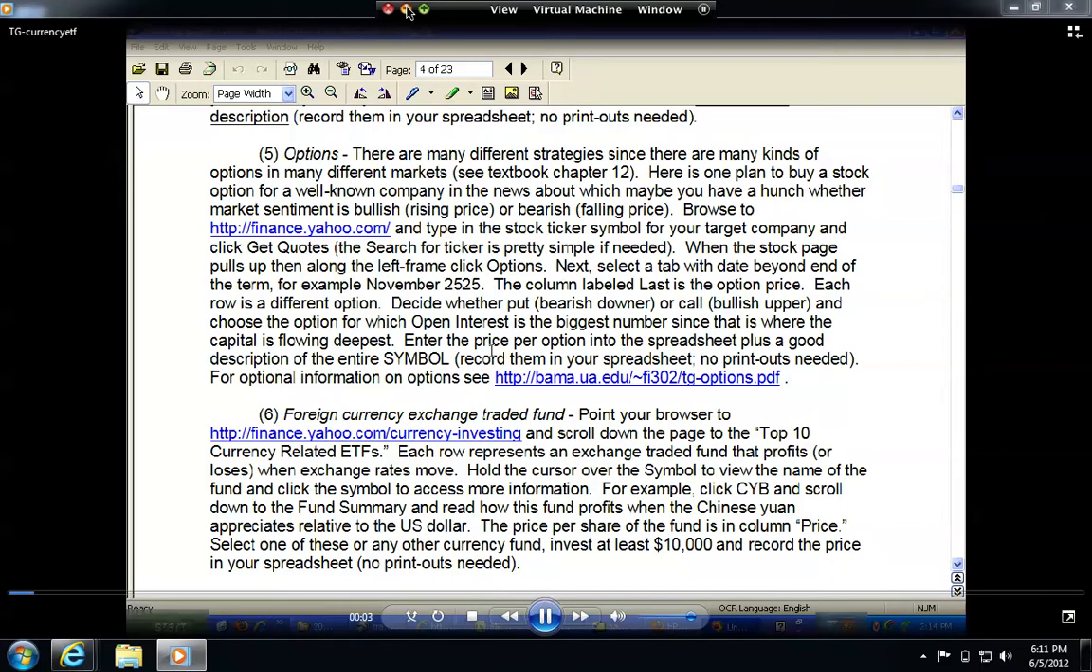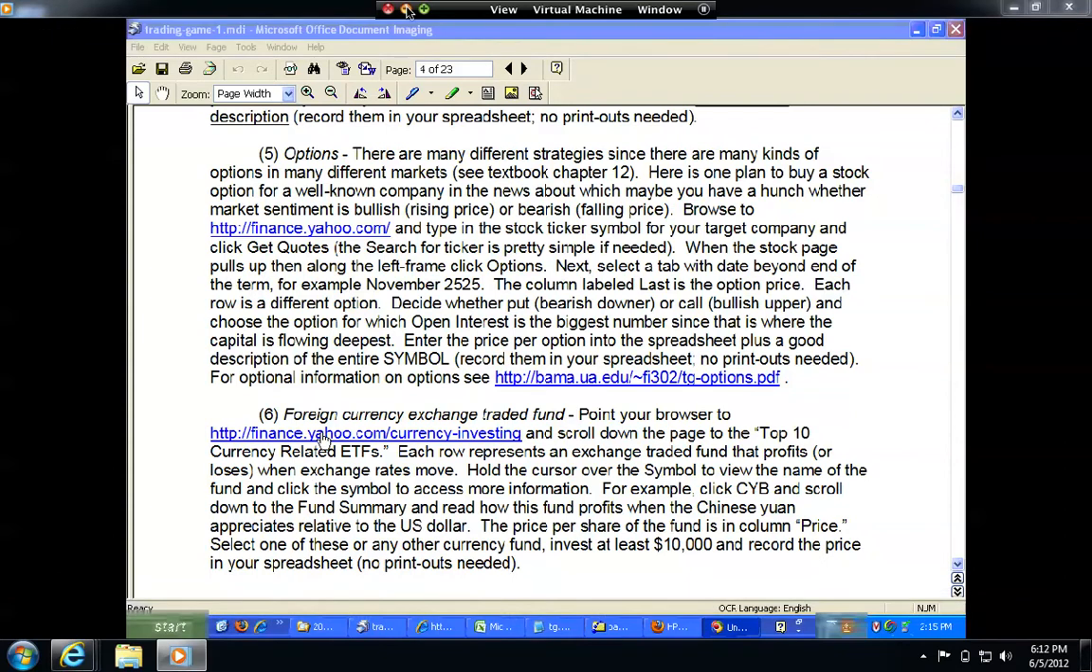For my startup assets, now I'm looking at the foreign currency exchange traded fund. It tells me to point my browser to this site, scroll down the page to the top 10 currency related ETFs. Each row represents an exchange traded fund that profits or loses when the exchange rates move. So what I'm going to do is hover the cursor over the symbol, and I'm going to choose one that